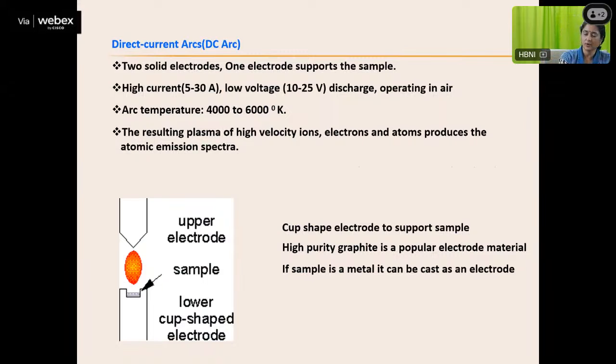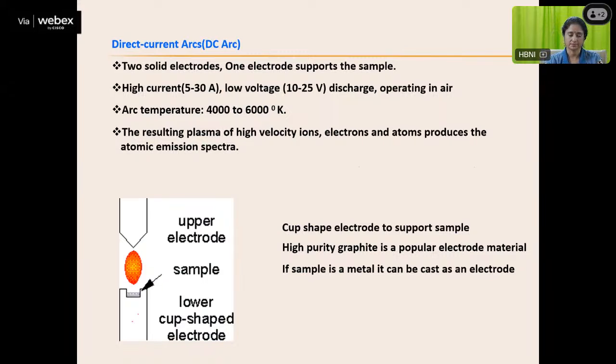Now you can see the cup shaped electrode to support the sample. Here the sample will be supported. High purity graphite is a popular electrode material, and if the sample is a metal, it can be cast as an electrode itself because you need your electrode to be a conducting one. So for a non-conducting sample you use graphite, or for a conducting sample you can make the sample itself